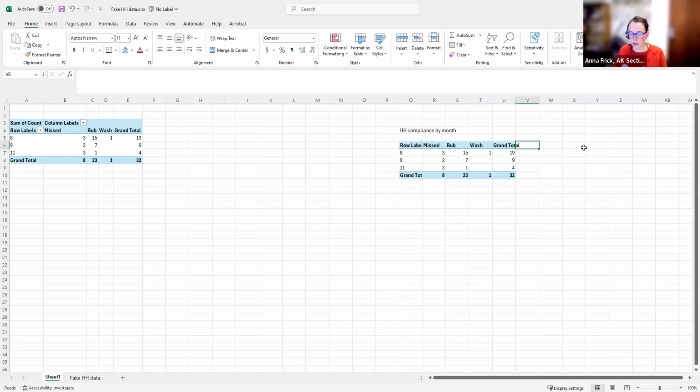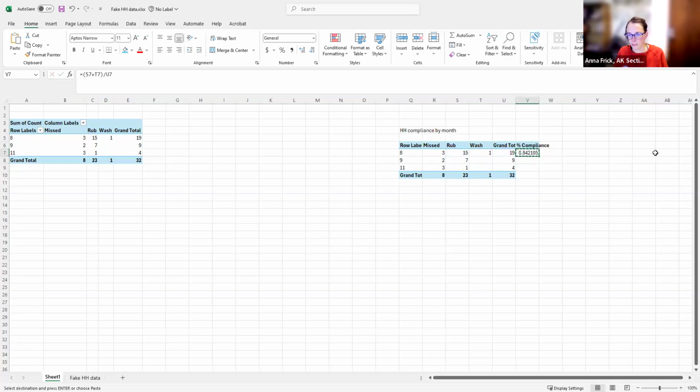So I'm going to create a new column and call it percent compliance. The percent compliance is equal to the rubs plus the washes divided by the total number of observations that I have.